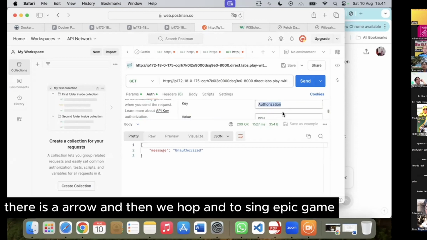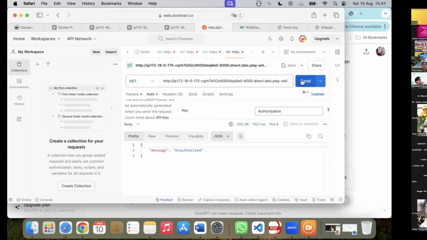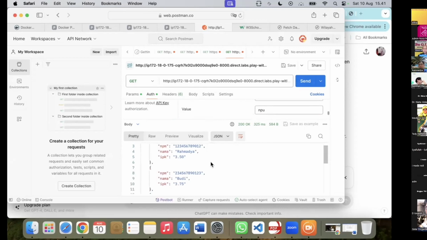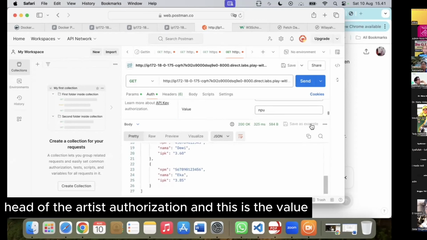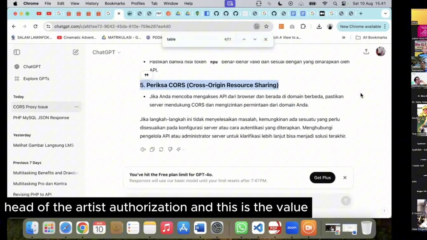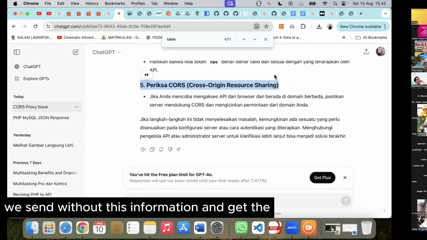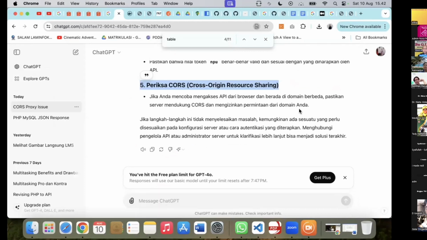We get an error, and then we choose API key, and then we create the header authorization, and this is the value. So we send without this information, and they get the result.